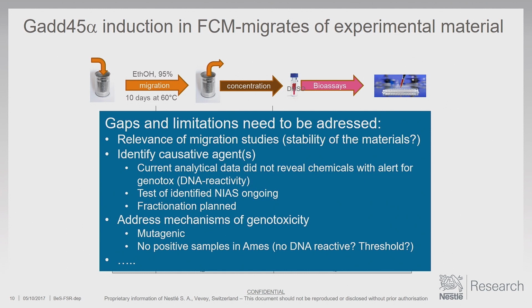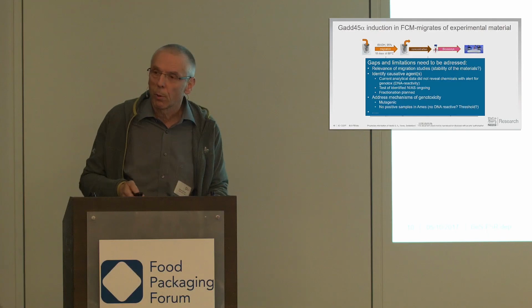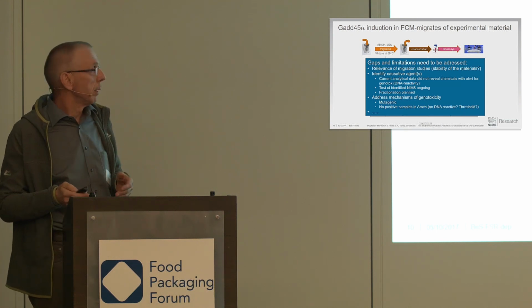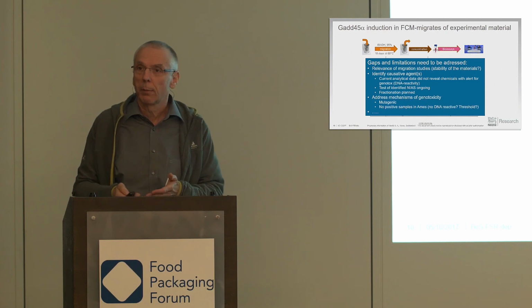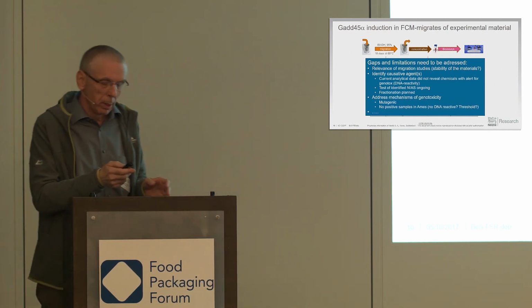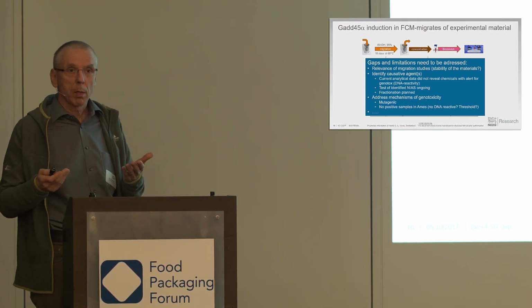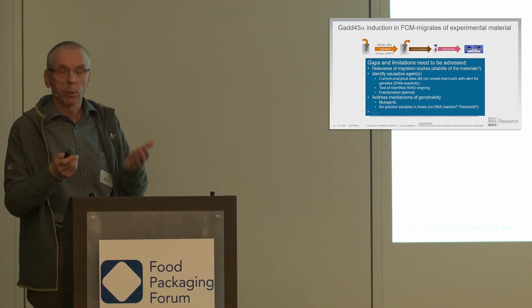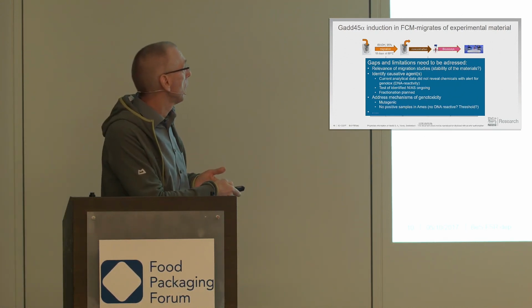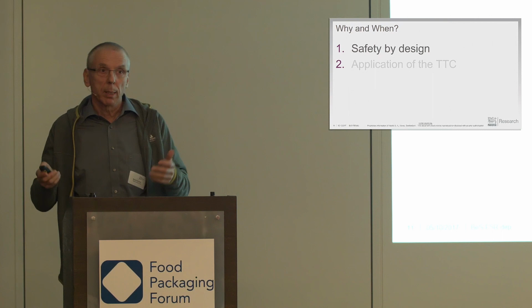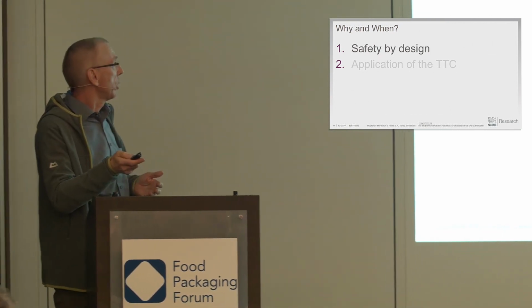The relevance of the migration study we have done has been challenged. And if you do the same experiment with another test, which is different from a mechanistic perspective, like the Ames test, you don't get any effect. And now we are studying the sensitivity of these two tests to make sure that the mechanisms involved are important, and it's not just a problem of different sensitivity. Now, I hope I have convinced you that there are tests that can be used, and they can be used with packaging